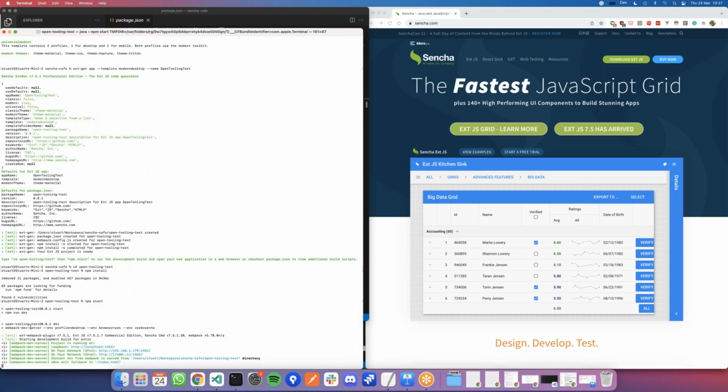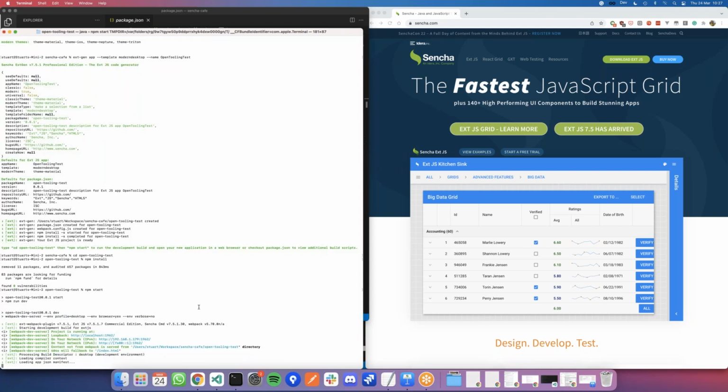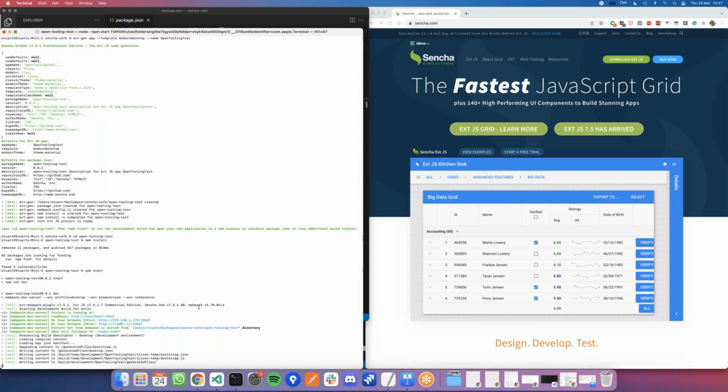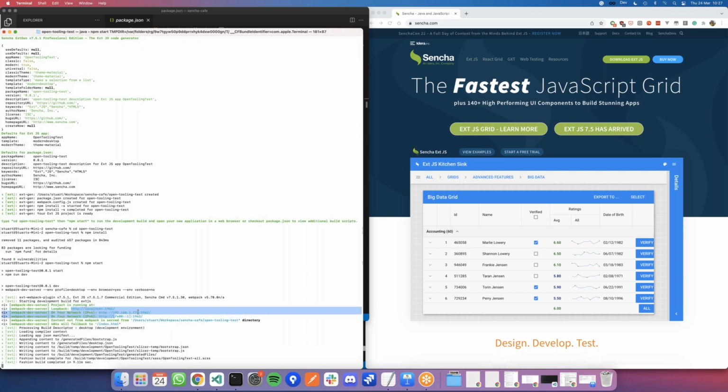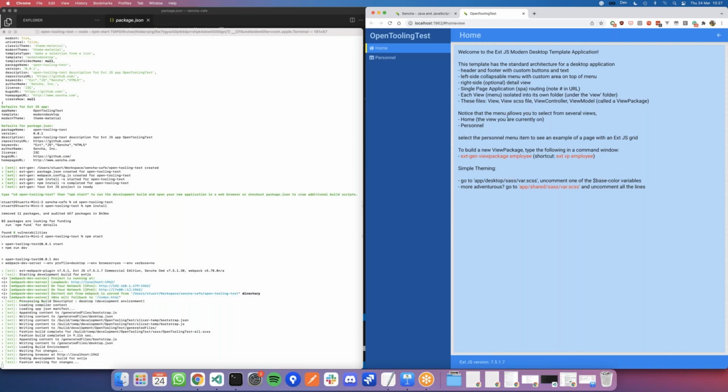We'll see that command getting kicked off here, and we've got some output telling us what's happening with the application. So we're just going to wait for that to do the initial build and generate all the assets that are required for the ExtJS application to run. And we'll just wait for that to go, and it should pop open a browser window when it's ready. So you see that it's going to be available on this URL, 1962. There we go. So it's popped that open,